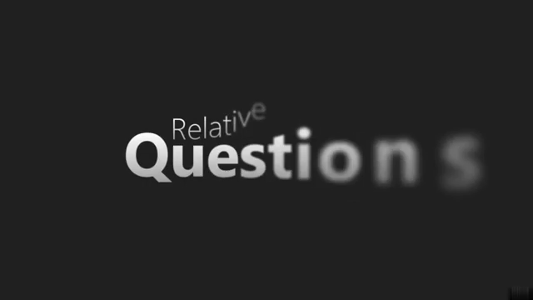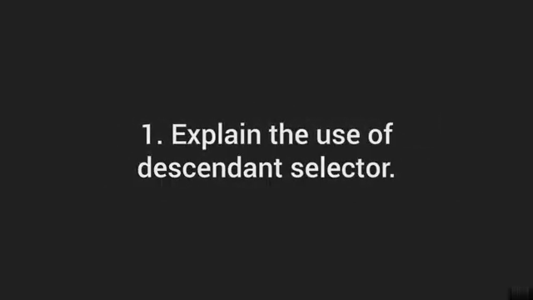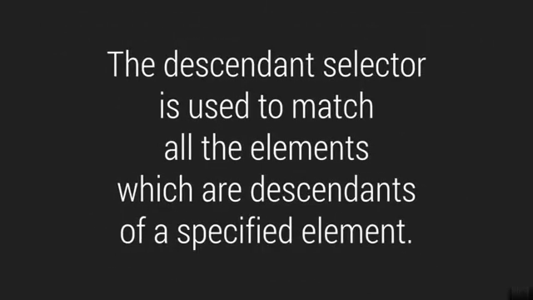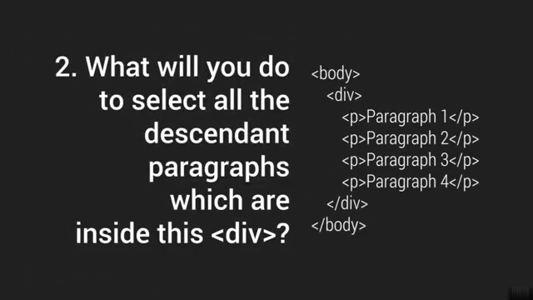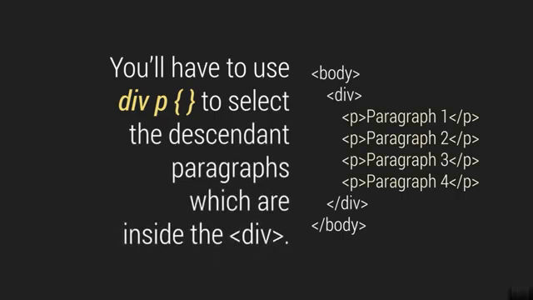Now let's talk about relative questions. Explain the use of descendant selector. So this selector is used to match all the elements which are descendants of a specified element, as I mentioned earlier, just like a parent-child relationship. The next question is, what will you do to select all the descendant paragraphs which are inside this div? You'll have to use div, then the paragraph with a space, that is to select the descendant paragraphs which are